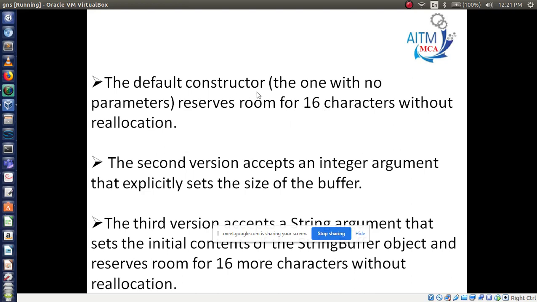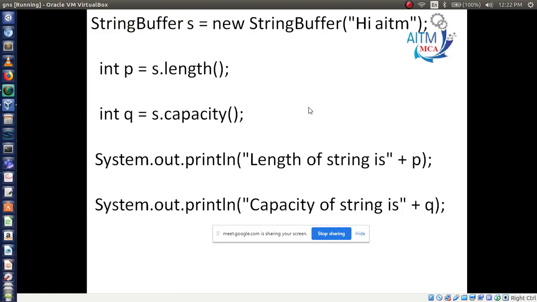The default constructor, that is StringBuffer, reserves how many characters? 16 by default. 16 plus you are using another 7 characters in this program.